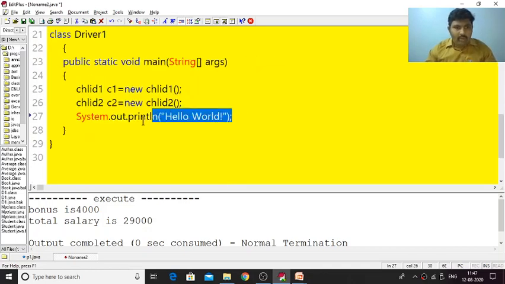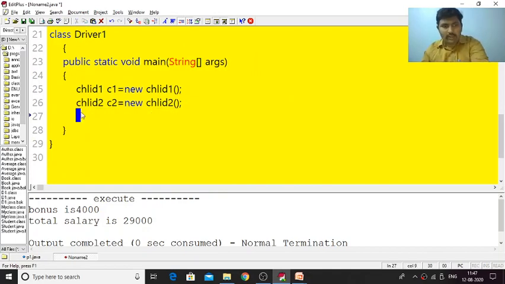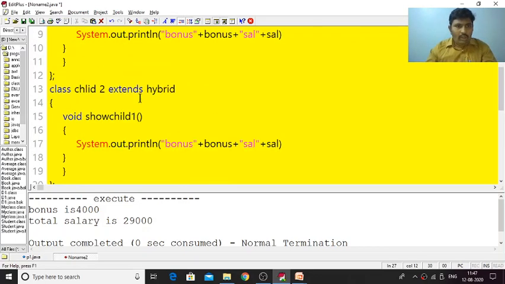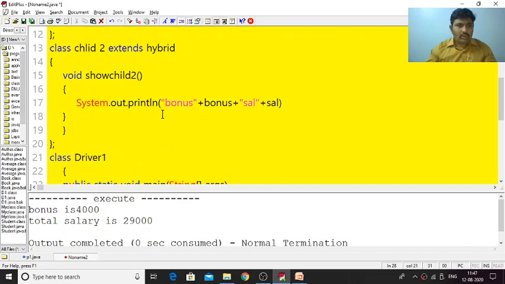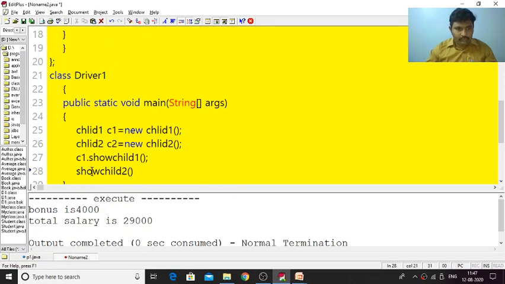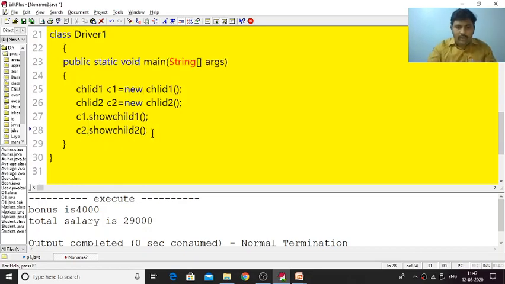So now with the help of the objects, c1.showchild1, put semicolon, and here also c2.showchild2.